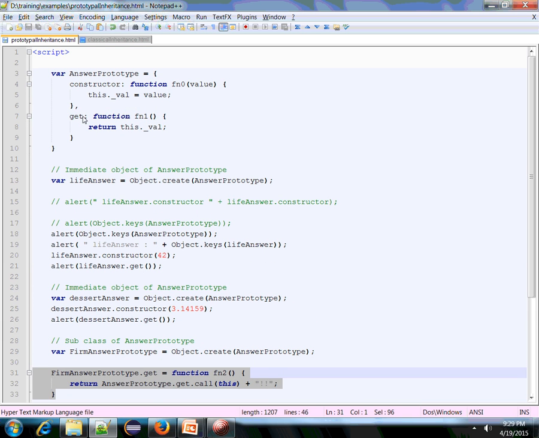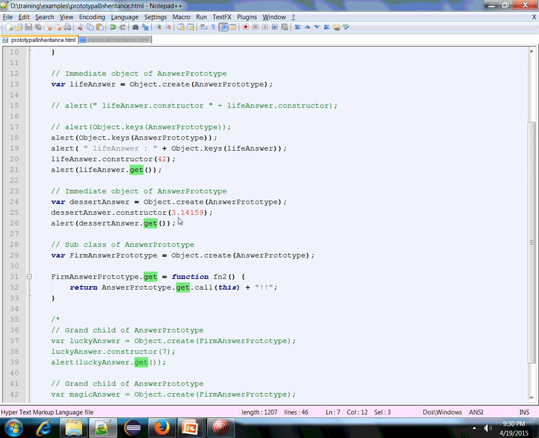I'm basically overriding the get function as was done in the classical inheritance. I'm basically overriding the definition of the get method from the answer prototype